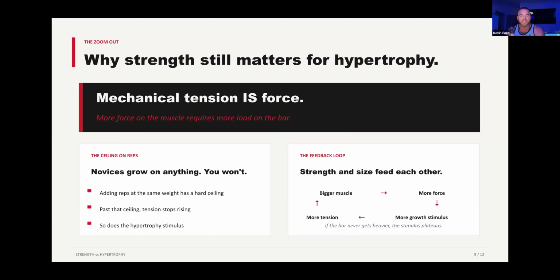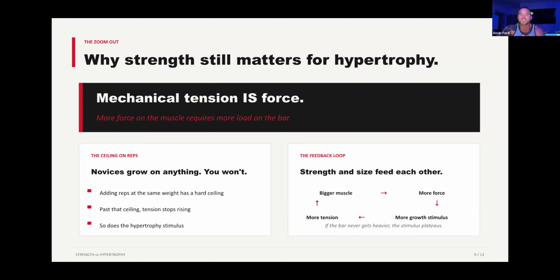Does everybody understand that? The whole CrossFit world kind of threw everybody off with this because you saw people who were smaller be able to lift a lot of weight. And that was because they were good at choreography. They were really good at getting their brain to recruit muscle on certain movements. But if that dude could do the same thing with more muscle, he would outlift him every single time, because all your brain is doing is telling your muscle to engage. If you have more muscle to engage, your brain can do the same thing with more muscle, and you will always provide more force. Okay. But the point of this is that mechanical tension is force.